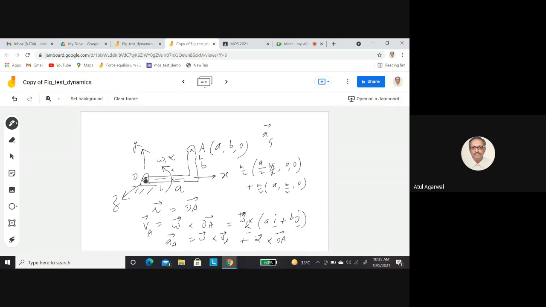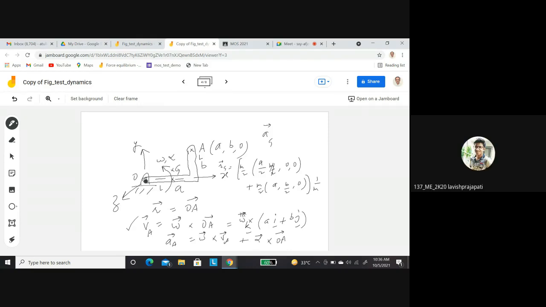So this will give you the overall centroid, and this you have to divide by the total mass. Any question with this? You get the centroid position of this bar. Then you find the acceleration of the centroid using the same approach. Instead of OA, you are using OG. If this is G, you call the centroid G, this becomes OG. So this you have already found. Then you find the acceleration of the centroid, and then whatever is the force provided by the hinge to this.